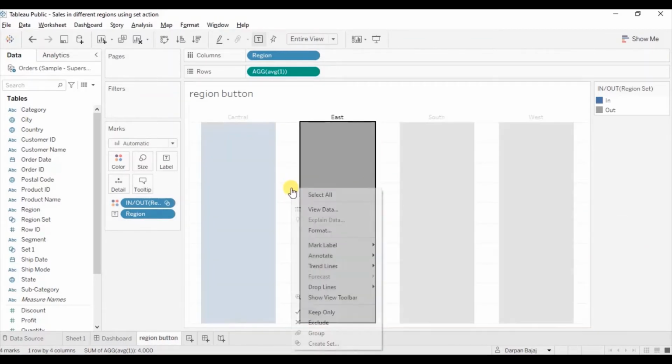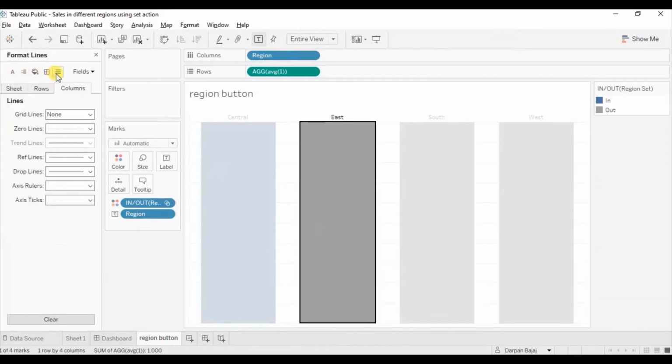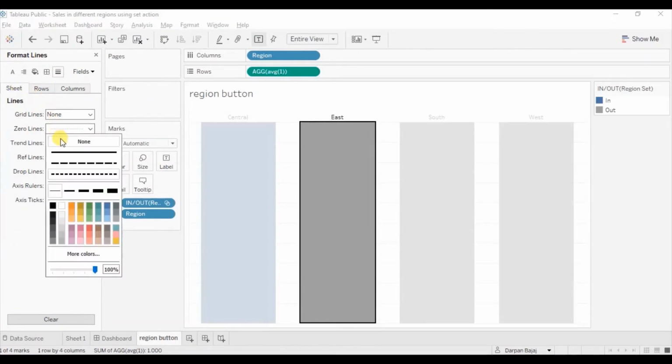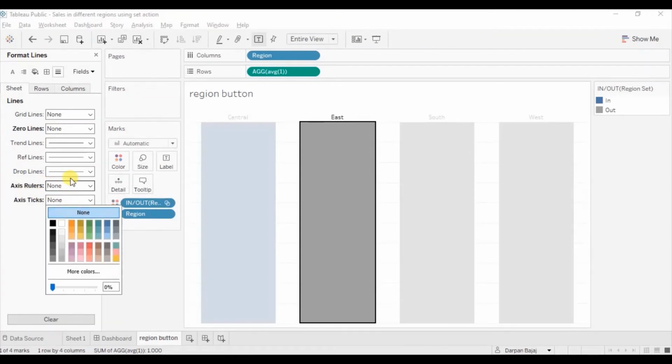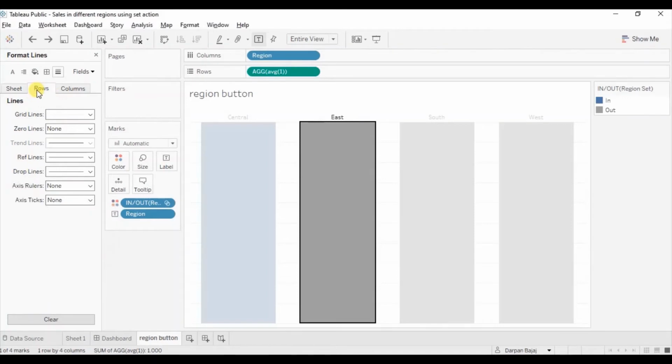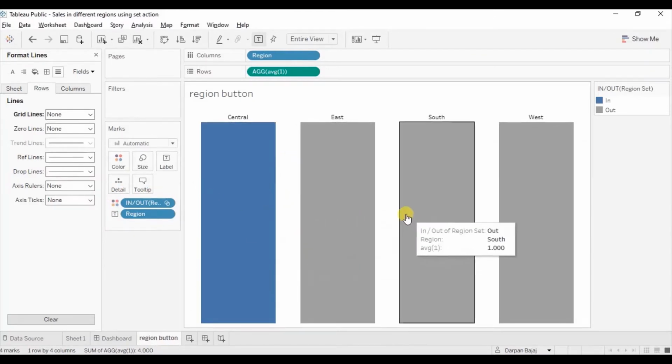So click on format. Go to format lines, and from here select none for all the field lines. Go to rows, select none for the grid lines. Now grid lines have been removed from this view.